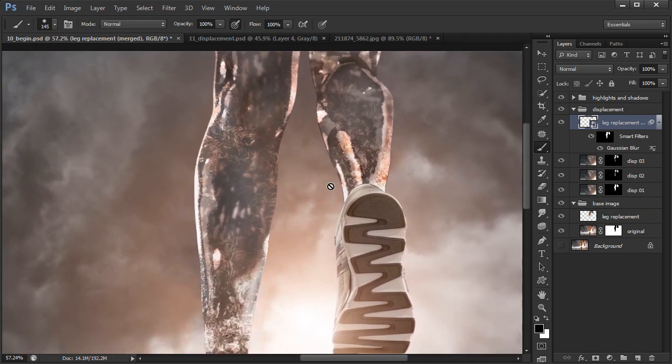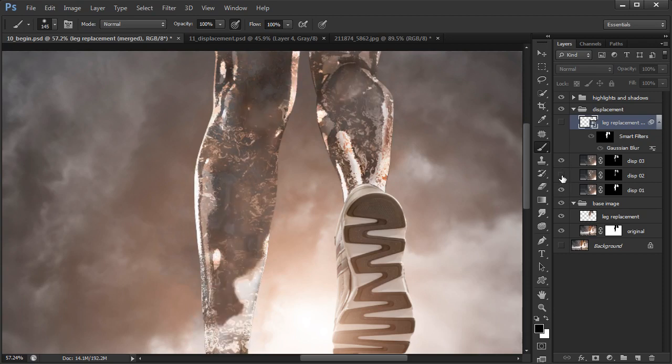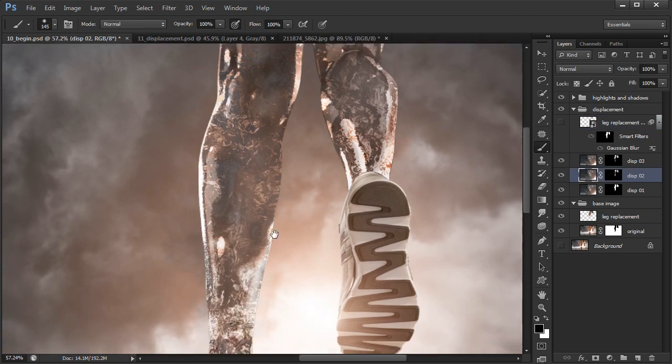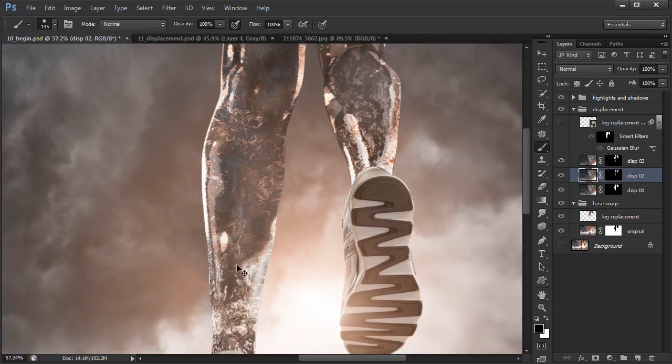I'll probably clean that up in between lessons some, but let me show you a trick here that you can use very similar to that threshold trick that we used to kind of call out some of those specular highlights. So we can find kind of the area that we like. We'll need to find the displacement layer that it's on. Say we wanted to bring out, where is it? There it is. On displacement 2, this blob of area right here, and create a specular highlight for that. We'll just lasso that area up,